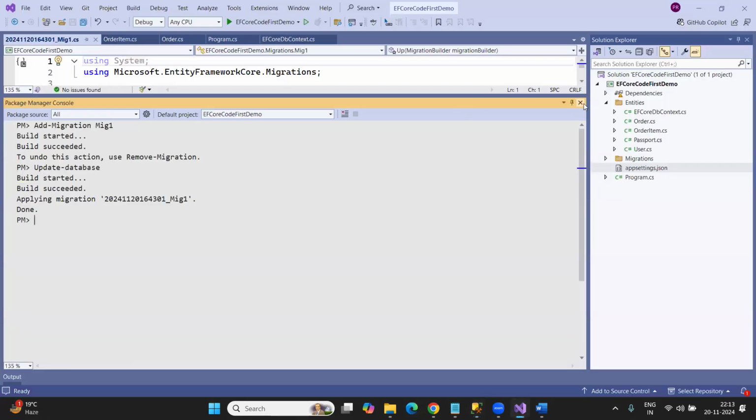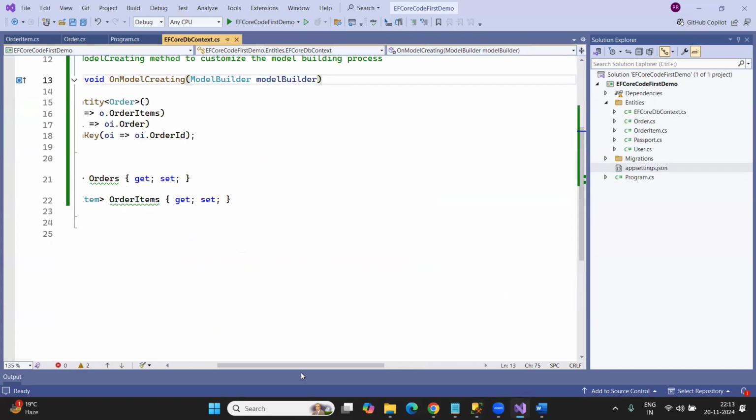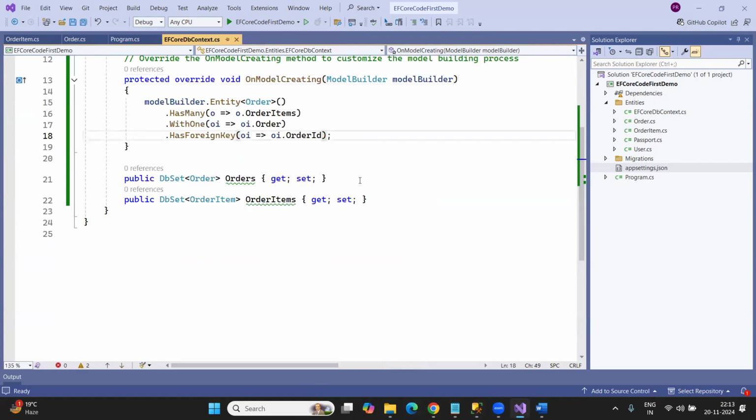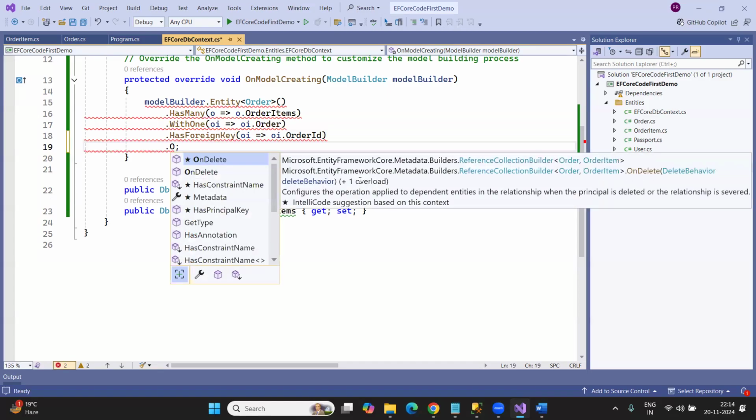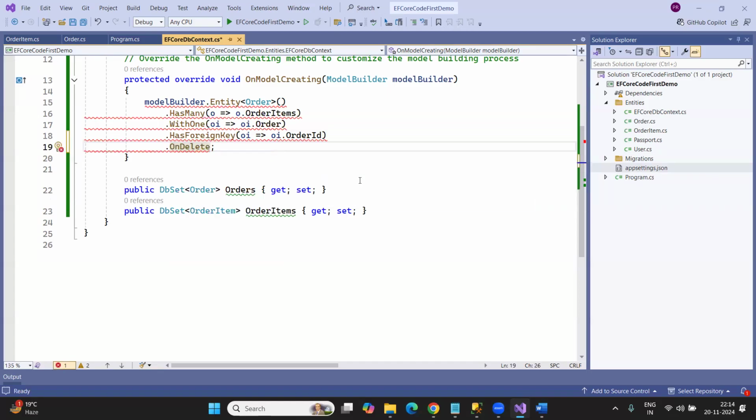Clear, guys, how to implement a one-to-many relationship? Okay. Now what I'm going to discuss: whenever we are implementing a relationship, we need to understand something very interesting, that is the cascade delete behavior. Whenever I delete the primary or principal entity, what will happen to the child entities? That is what we need to understand. If you want to set the cascade delete behavior, then you need to use the OnDelete method. And to this method,